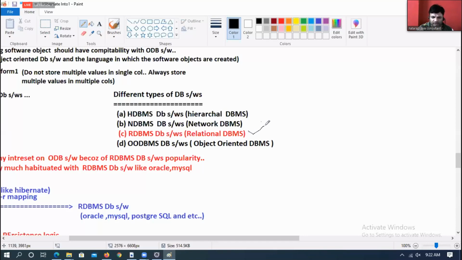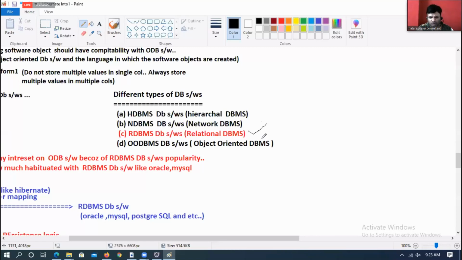This is old. For a few days people thought it was going to do well, but it also stopped doing well. Right now the only popular one is RDBMS. Developers of all categories are familiar with RDBMS.